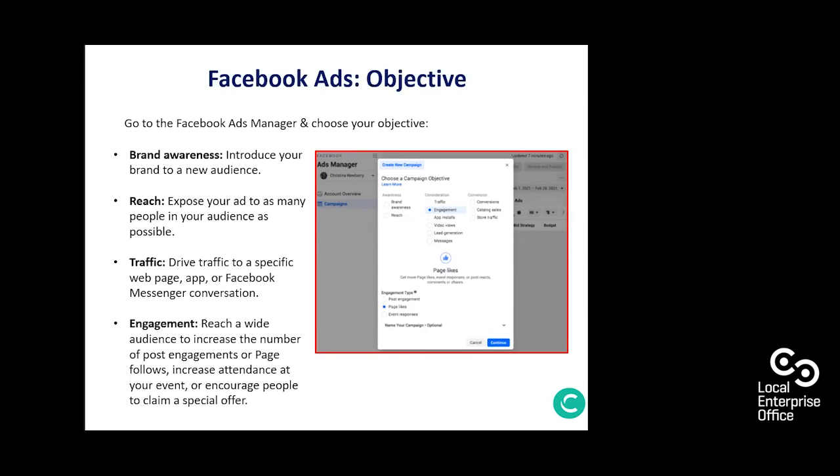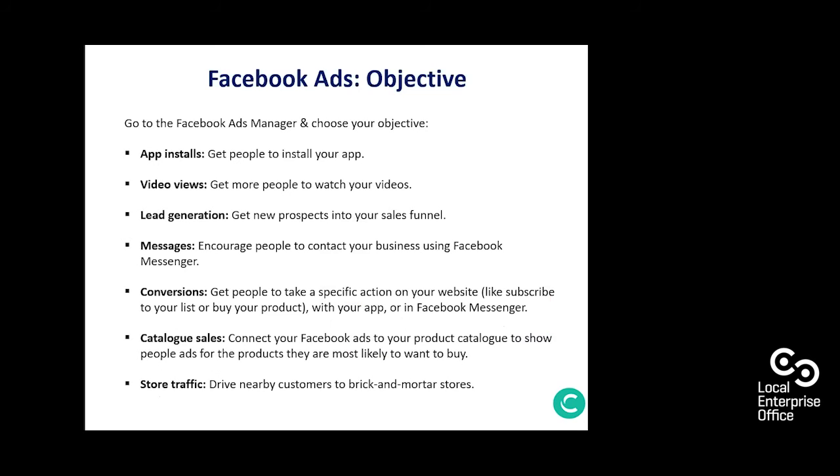Brand awareness introduces your brand to a new audience. Reach exposes your ad to as many people in your audience as possible. Traffic drives traffic to a specific web page, app, or Facebook Messenger conversation. Engagement: reach a wide audience to increase the number of post engagements or page follows, increase attendance at your event, or encourage people to claim a special offer. So you go to the Facebook Ads Manager and choose your objective: app installs, video views, lead generation, messages, conversions,